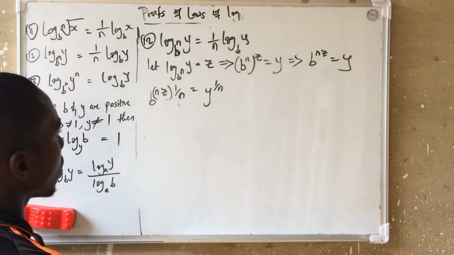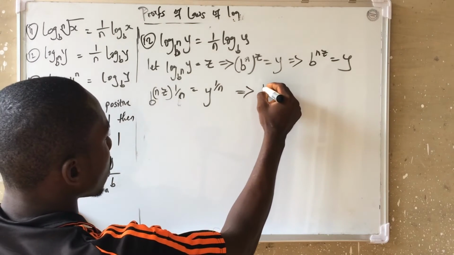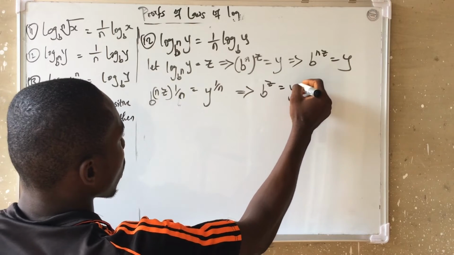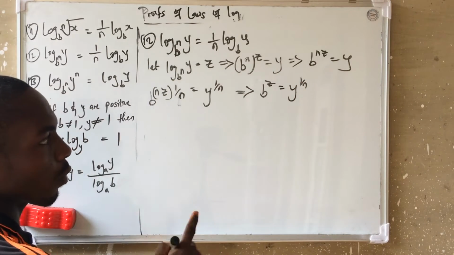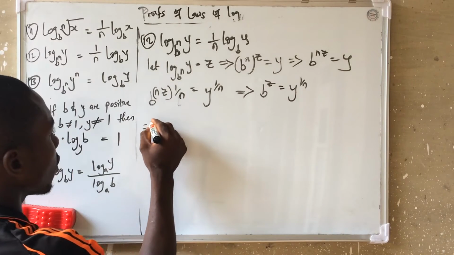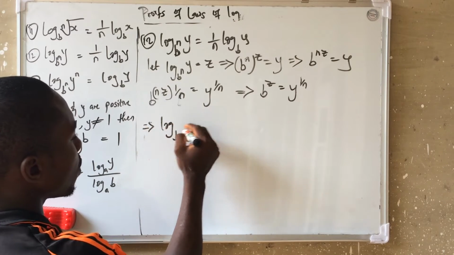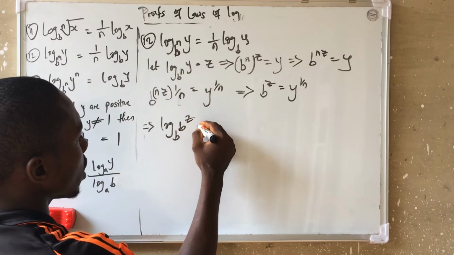Now the next thing I'm going to do will give me b raised to the power z is equal to y raised to the power 1 over n. I'll now take the common base b of the log of both sides. Now that will give me that log to the base b of b to the z is equal to